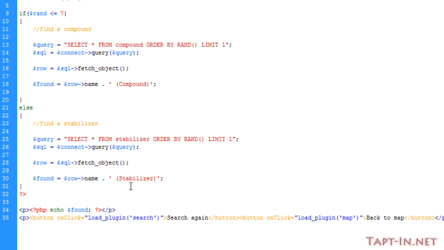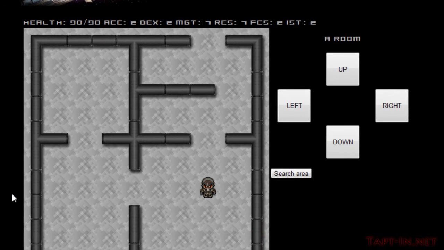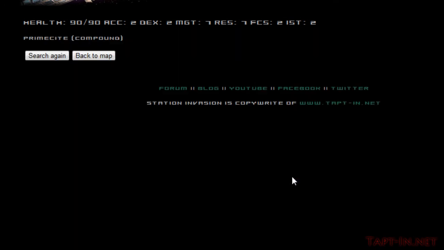So when we save this and we execute this plugin, what we're going to have echoed out is the name of the item and the type of item that we've found. So we click the search area. You can see here we've found Primaset or Primasite. I don't know how you want to pronounce it. These are all made up names, which is a compound. We click search again, and this time we find a stabilizer,